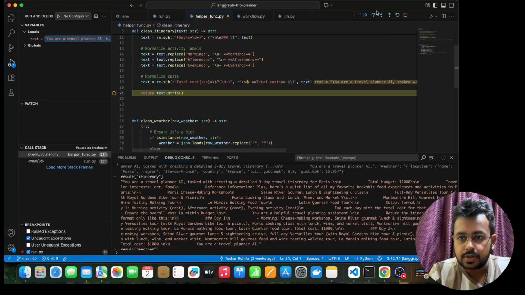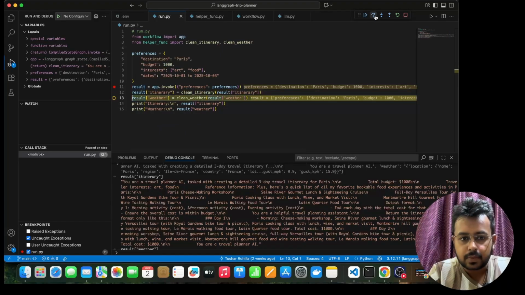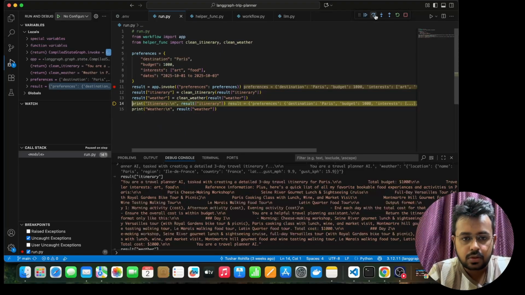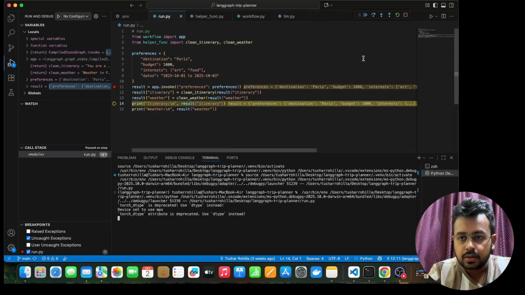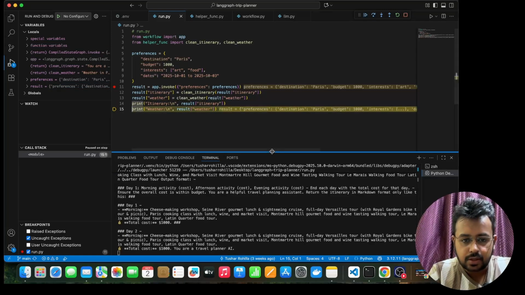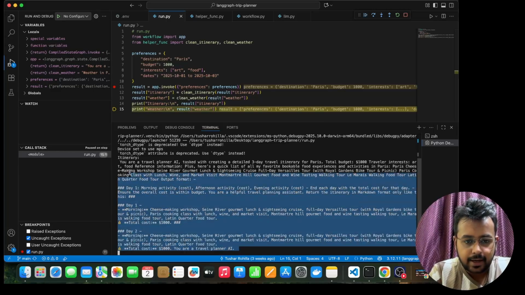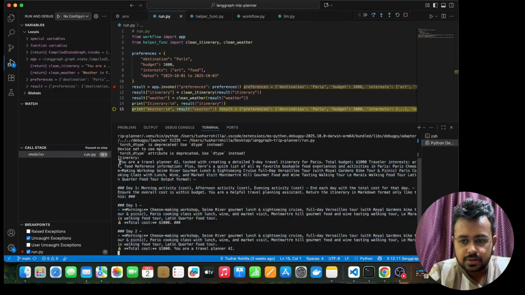So cleaning is done, and let's move one step more, clean weather, and these are the clean things, guys. You see, now it is a well cleaned itinerary,